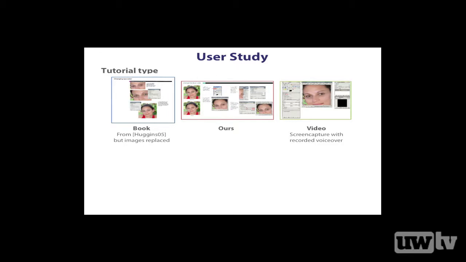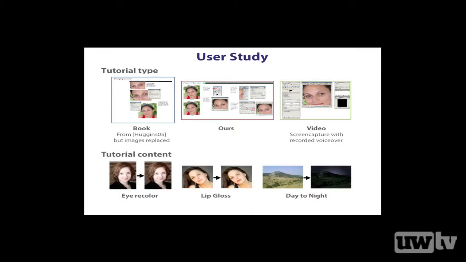So we ran a user study to determine if people would be able to follow our automatically generated tutorials. We compared our tutorials against hand-designed tutorials from a book and narrated video tutorials. And we asked each subject to follow 3 tasks of increasing difficulty and to apply these tasks to new images that we gave them. And so for each manipulation, they either used our tutorials, the book tutorial, or the video